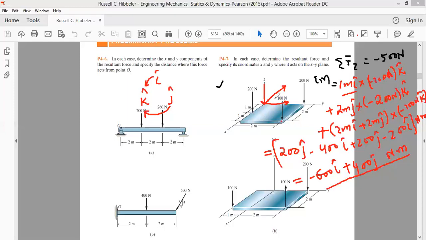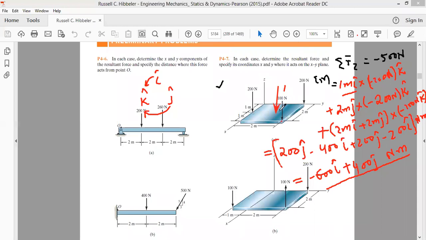This is one way. But the further simplification is reducing this force and these two moments to a single force. For that purpose, let's suppose that this force of 500 Newton is not acting at point O. Let's suppose it's acting somewhere here, where its coordinates are